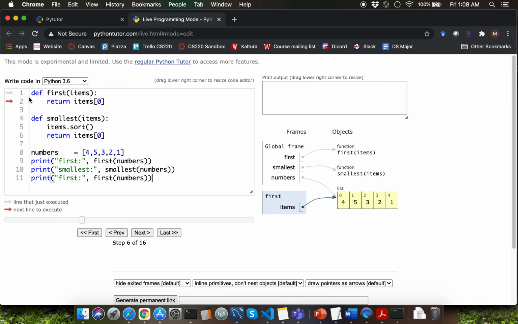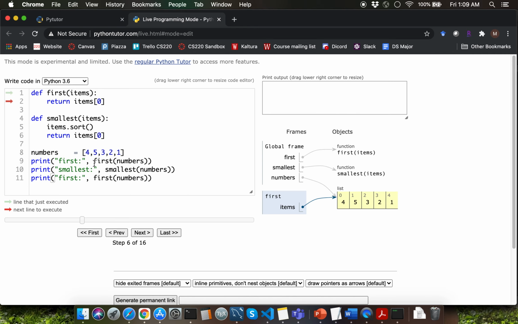We have a function first here, which is returning the item at index position 0 within the parameter items. Then the function smallest is calling the sort method, and then it is returning the item at index position 0 within the parameter items. In the global frame, we are creating a list object instance and storing that into a variable numbers.